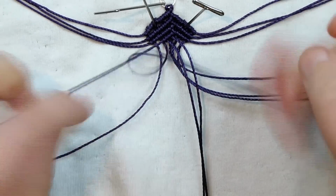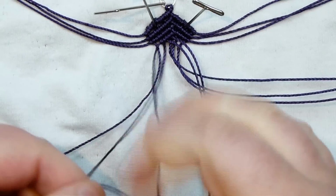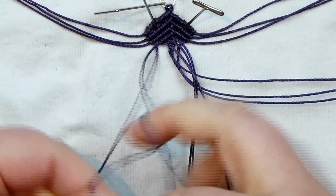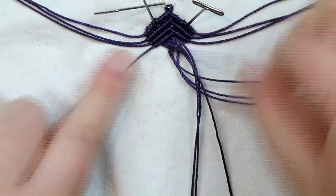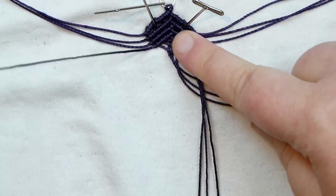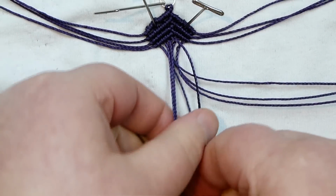Because all the rows end in the same level, this is actually going to end up being a square or a diamond, depending how you look at it. The last one, that's that row. Put the holding cord out to the side, go back to the